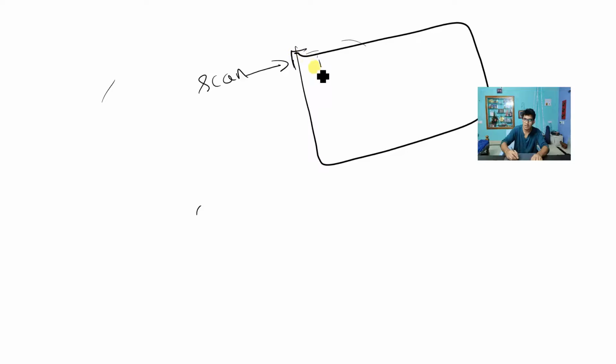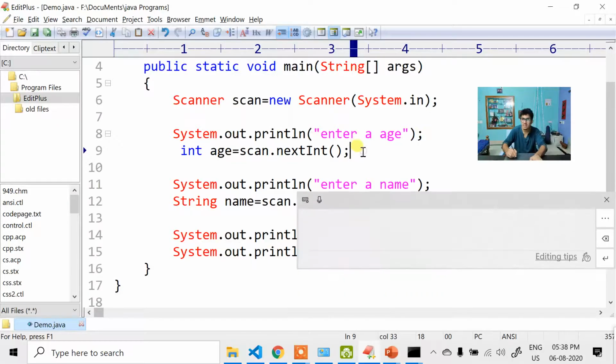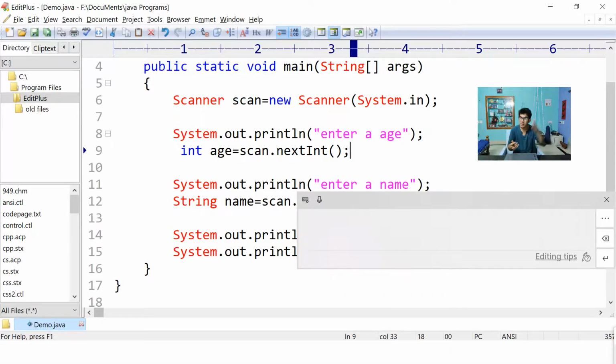It is empty. So what you entered is, maybe I'll enter my age is 12, and suddenly I have entered with the space Dheeraj. When it is asking for age, at that time I have entered everything. I am not allowing it to ask for the name separately. When it is asking for the age, at that time I am storing the age also, the name also. So let me write Dheeraj Kumar like this, and I'll close the double quotes. So this whole thing is a string now. All of this will happen when the control is in this line, right? When it is waiting for the number, I am entering number also, string also.